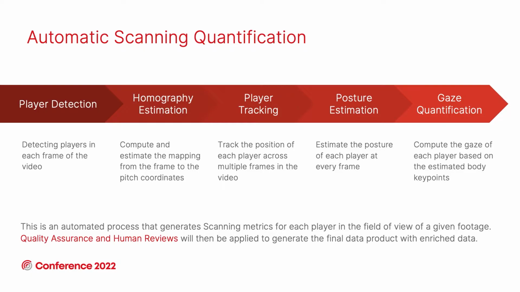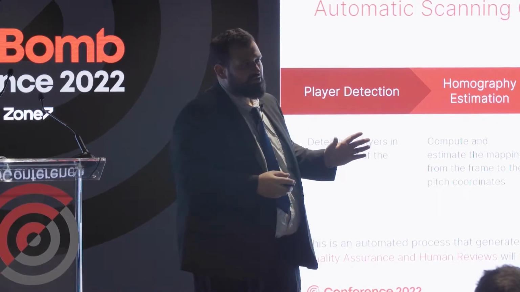And now we're getting into the gaze estimation, or the scanning bit. We have to estimate the posture. So for each player, we need to know how they're standing, some key points or key landmarks of their body parts and how they're positioned, and be able to use that information to deterministically compute the scanning, or where they're looking, and estimate the direction of gaze. So that is basically the process.